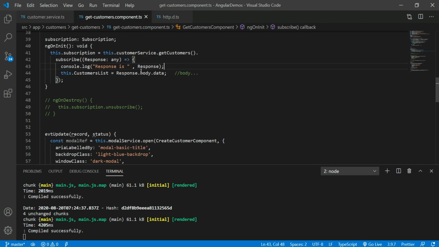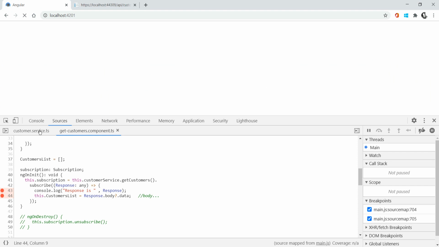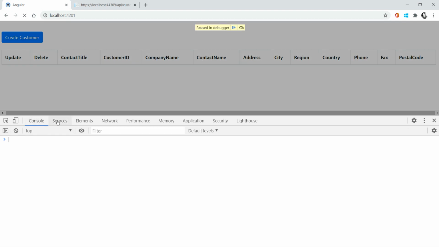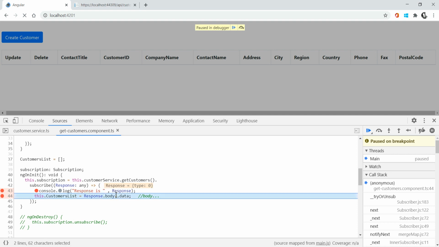So whenever I don't have the data, now you will see the data. You can find the error in the console section. Right now I don't have any error. Come to here: right now the body doesn't have any undefined, so that's the reason it won't print any error. I'm handling it by using the nullable operator.